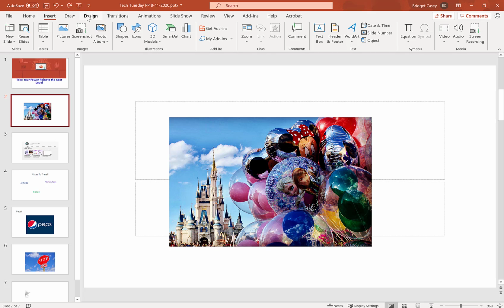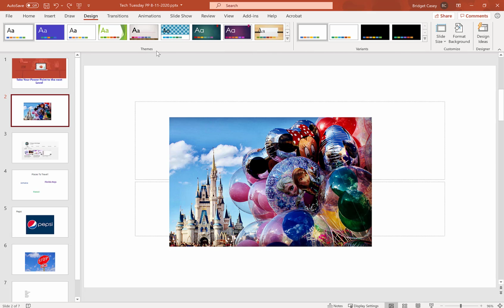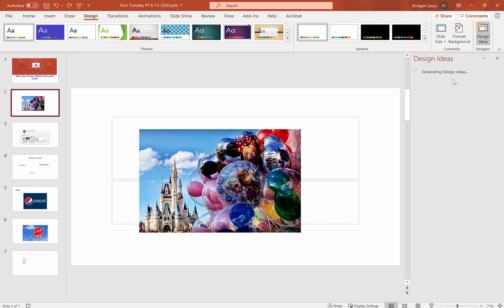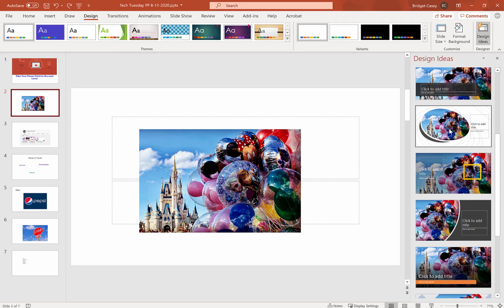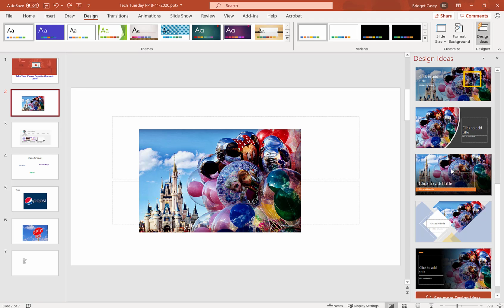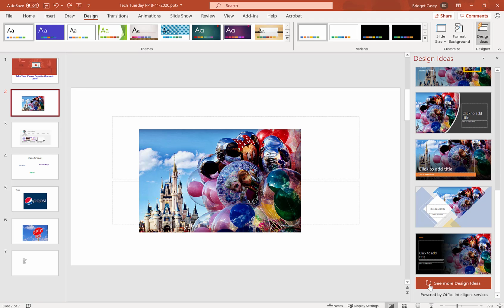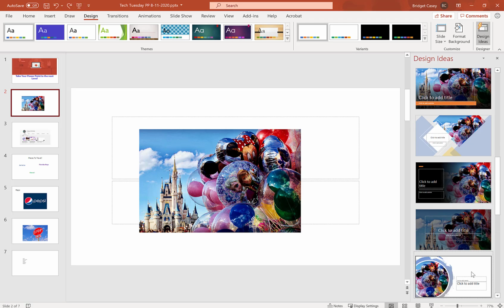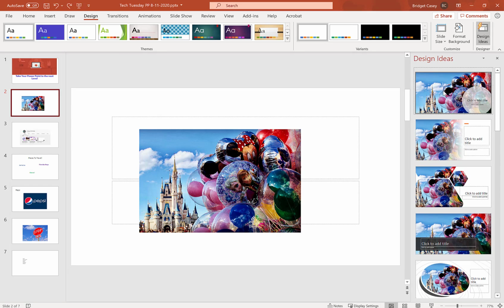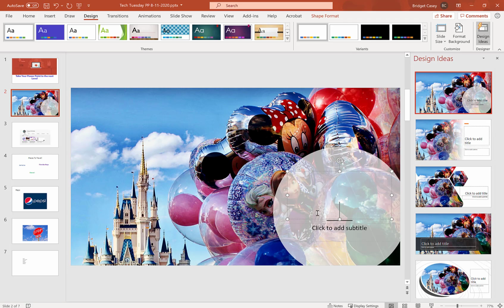So up top, I'm going to go to Design. And over to the right, you see this Design Ideas. So now it's going to generate different ideas for me to just select upon. So we can scroll through and look at ideas that PowerPoint has generated for us. And even if you don't like any in this list, you can click See More Ideas. But personally, I really liked the first one. So I'm going to select this and I'm going to type in